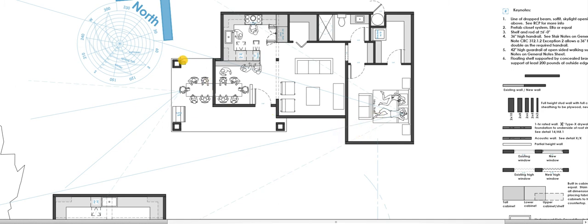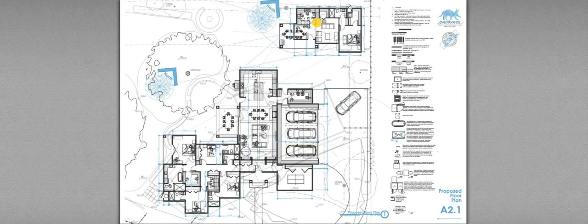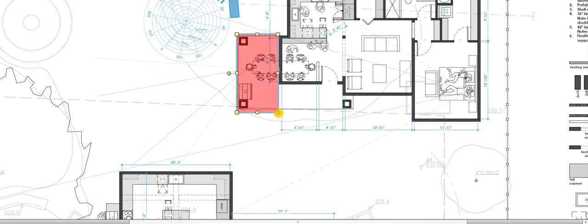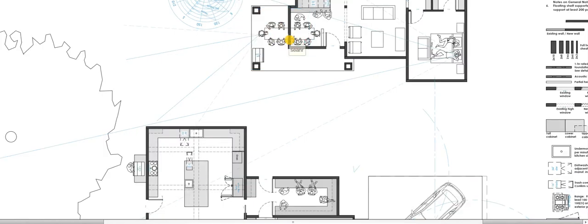But what I don't want to do, one of your comments was about moving this covered patio space over to this side of the house. I don't want to do that, and that's because with a bigger roof here, we're definitely going to cut off views to the canopy of this tree. So I'd rather keep the patio space